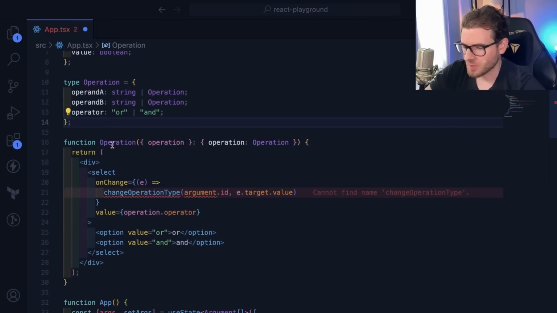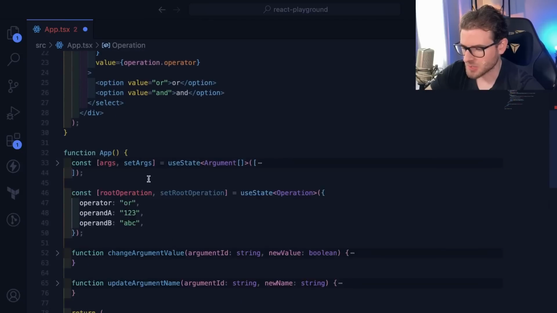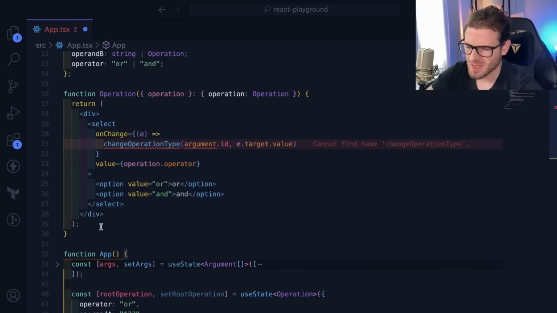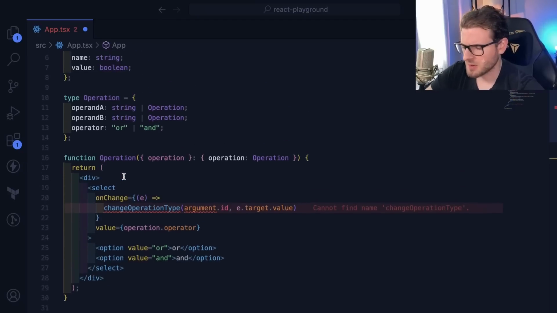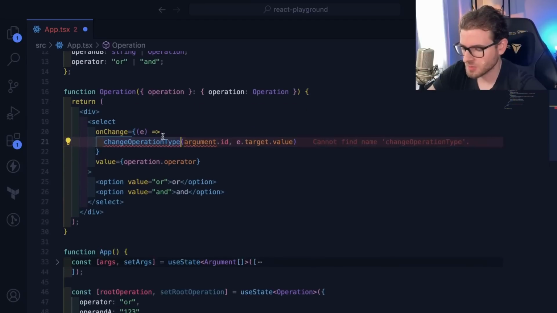I kind of wonder if maybe a better way is to have two different pieces of state that we're storing. One could be the recursive structure of the tree, and the other one could be a separate lookup table for the ID of the operation, and then that can be used to just update it. I don't know if I explained that correctly. If that made sense, but basically the idea is we need to